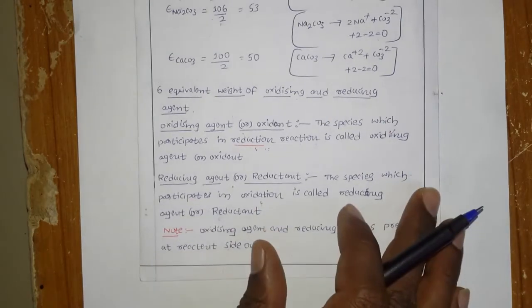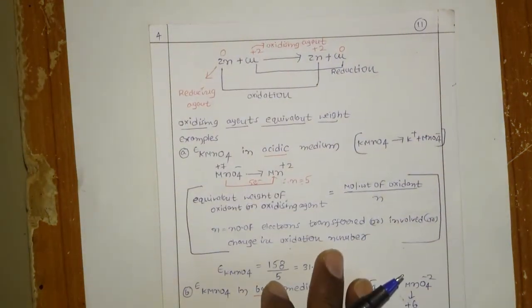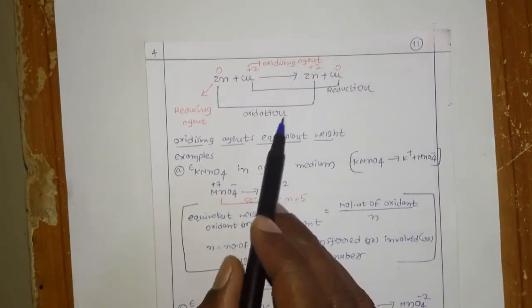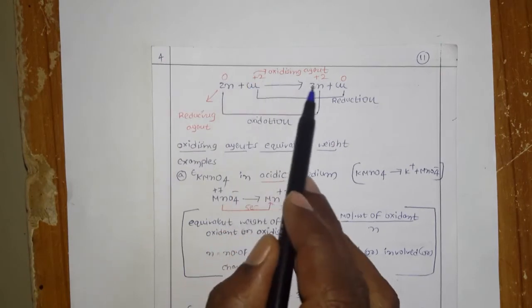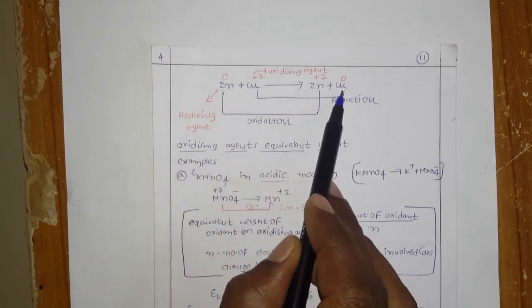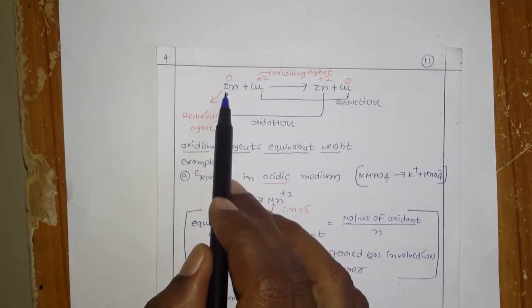Okay, very simple, right? So then just to see one example, zinc reacts with copper 2+, it gives zinc 2+ plus copper 0. Okay, so above, in red color, this is the oxidation number: on the zinc it is